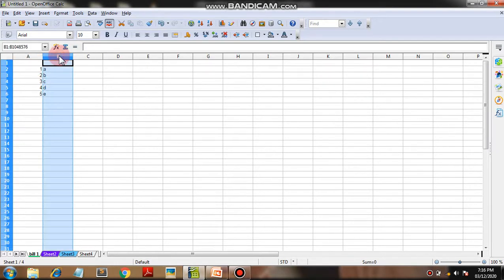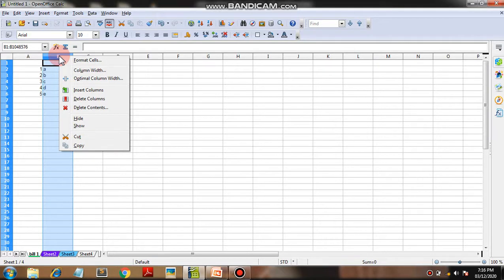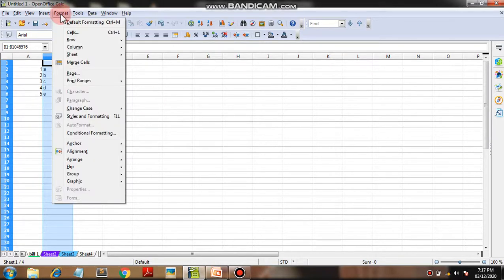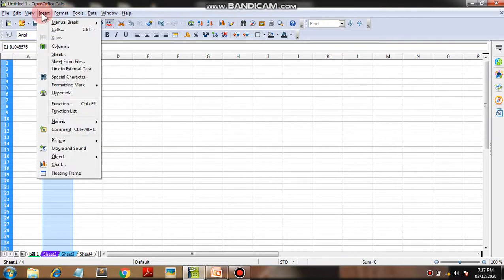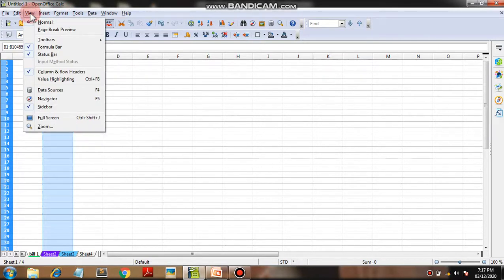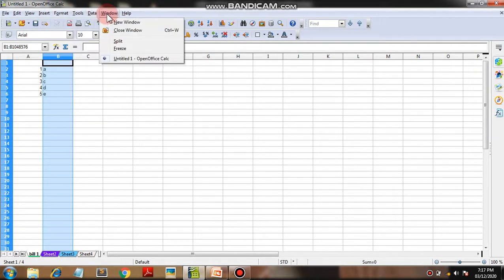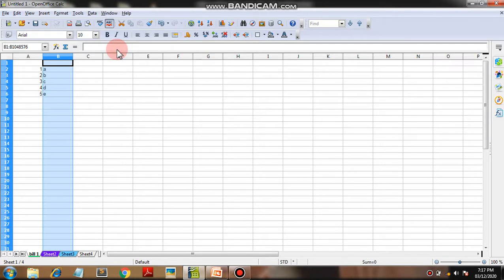Choose here, right click on it. First of all, one second. Okay, go to the window menu and see there is a freeze option available. Click on the freeze option.